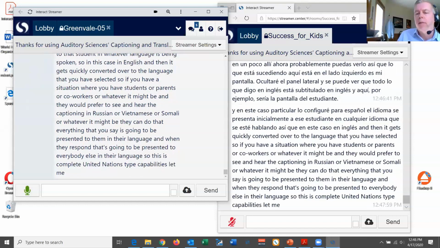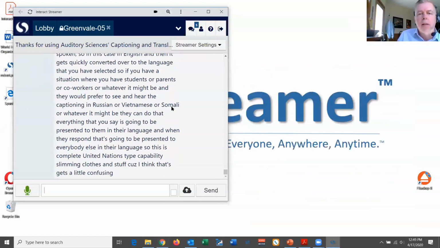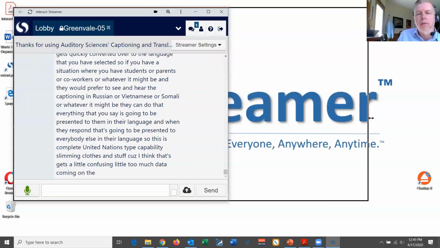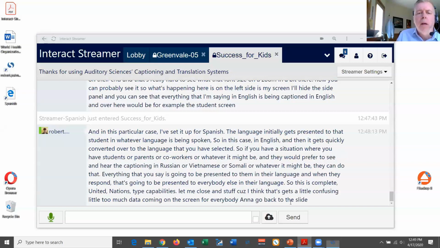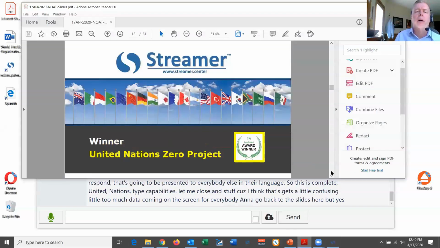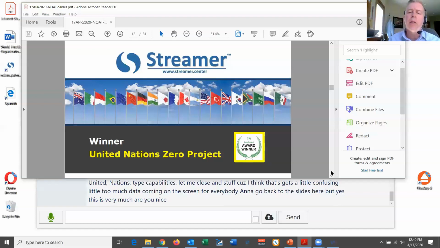Let me close this off because I think that gets a little confusing, a little too much data coming on the screen for everybody. And we'll go back to the slides here. But yes, this is very much a United Nations type capability in terms of language translation.